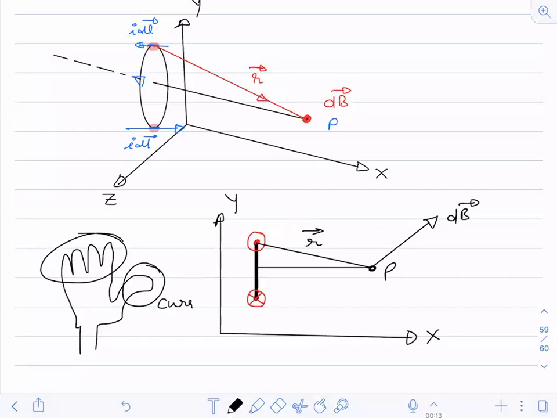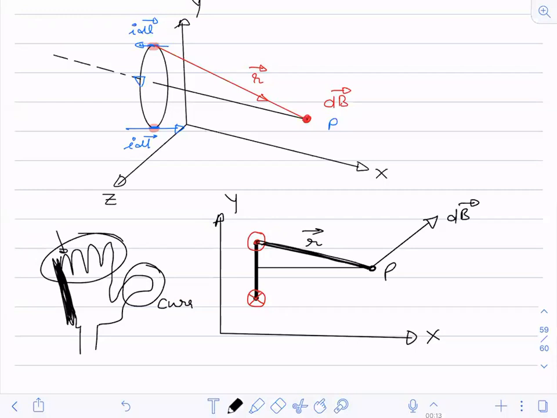Now do as I'm instructing. Just try to do that also. Stretch your right hand palm, everybody, like this as drawn on the screen. Now what you have to do? Suppose this is your little finger. Keep this portion of your palm along this line. Did you keep it?